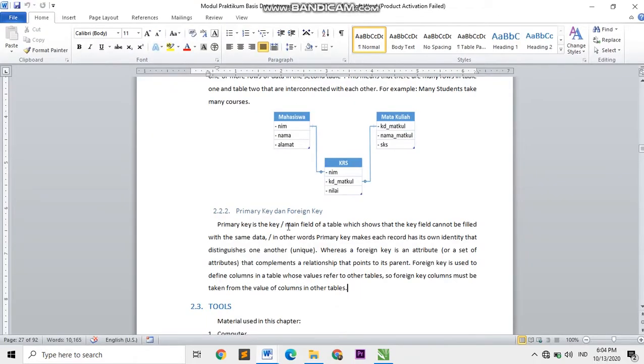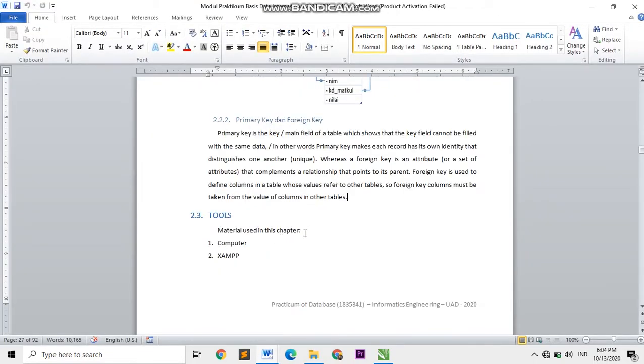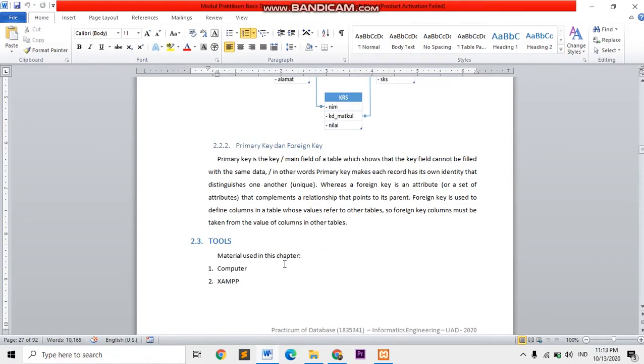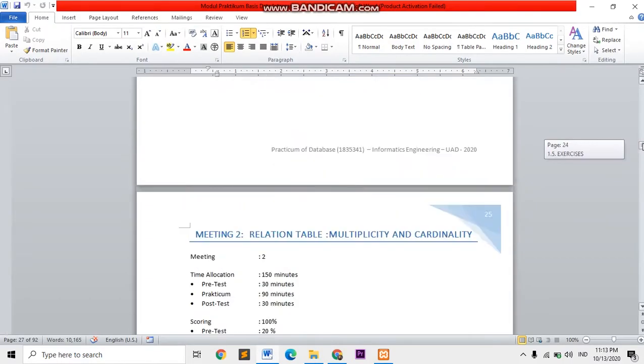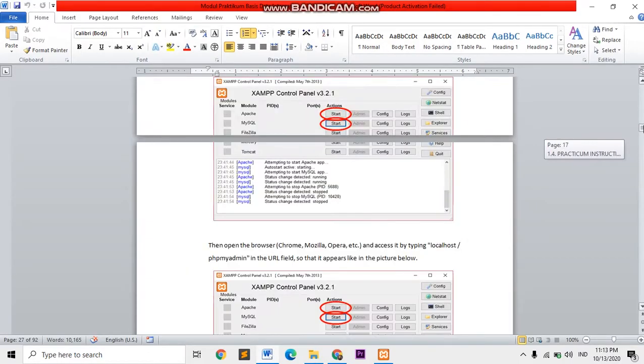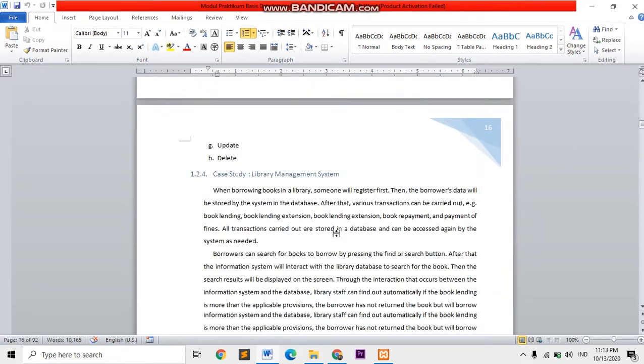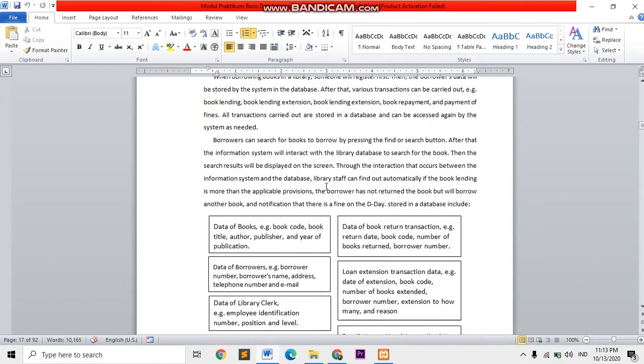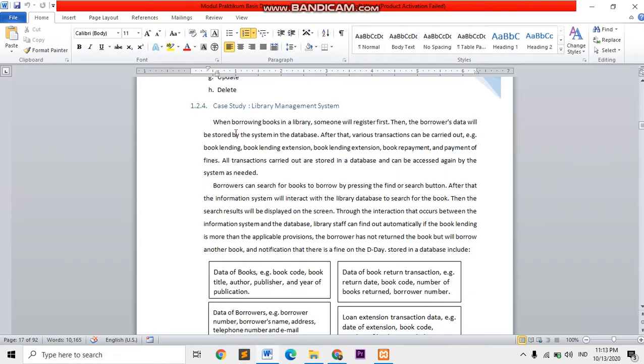Okay, let's do the practicum. You must prepare the computer and exam. To practice, I will use the library case study in the mid exam. Here we have a case study about a library management system.